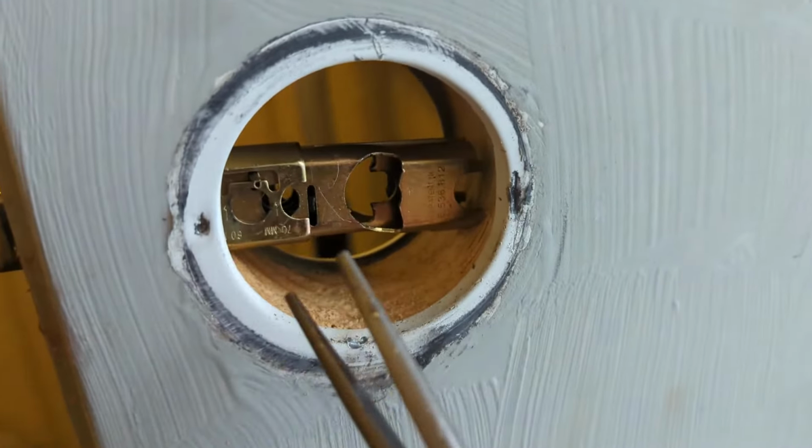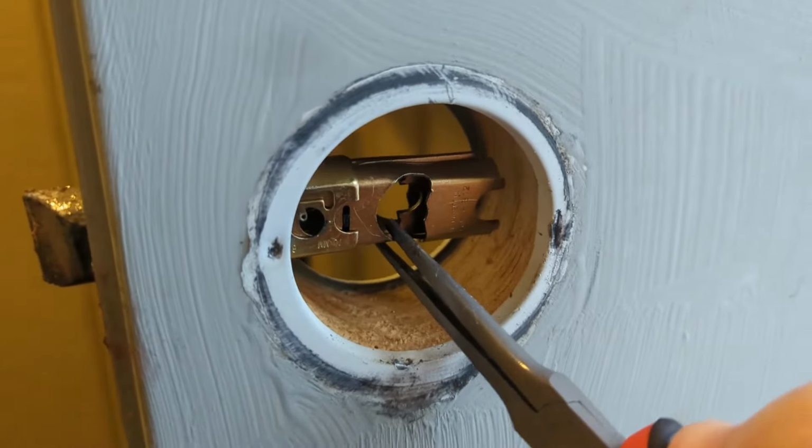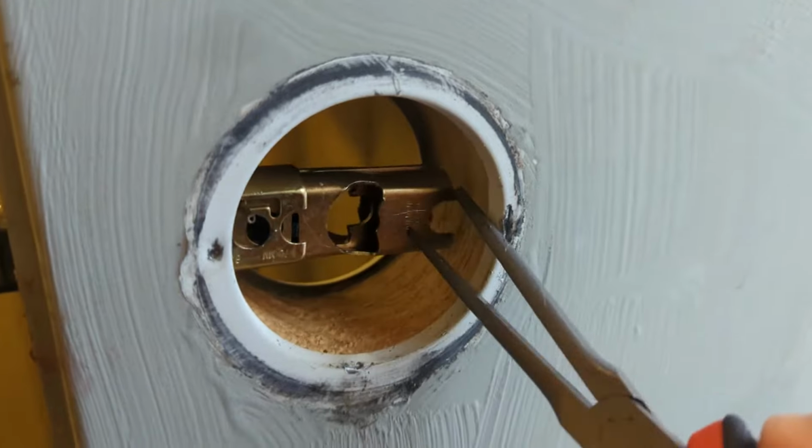So now I gotta throw this junk out and get a new